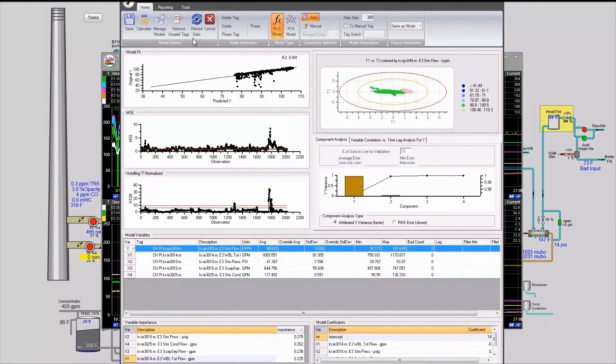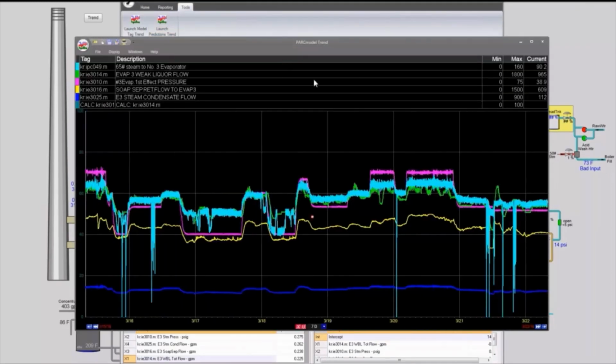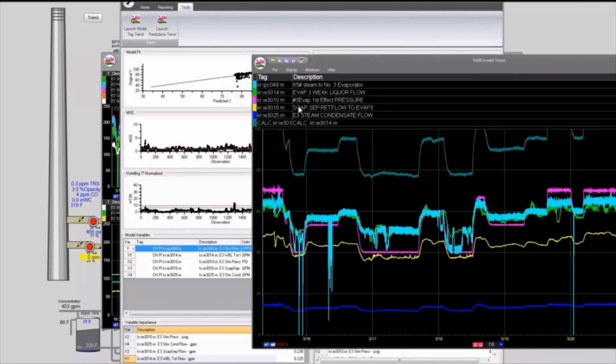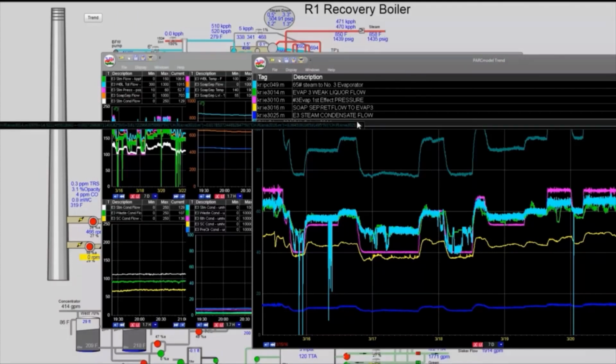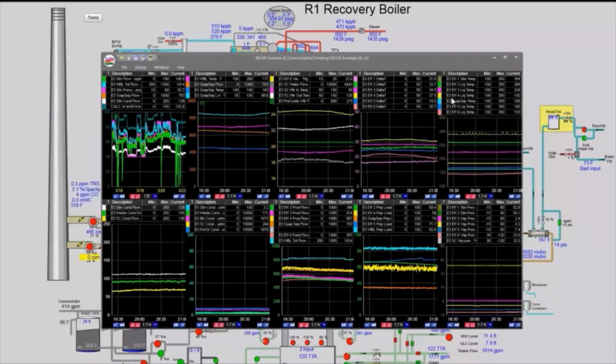From here, we're able to launch a prediction trend. This is going to give us our input, our original output, as well as our predicted output. We're going to drag in that predicted output, that's the bottom tag in the trend, so that we're able to use it in the future. The idea is that rather than having the boiler go down or waiting until the boiler goes down, we can use our predicted value when we need to. To make it a little easier to see, we'll turn it red here.